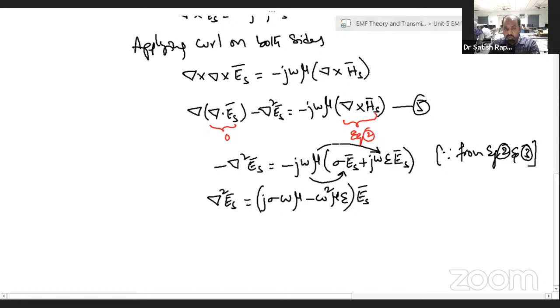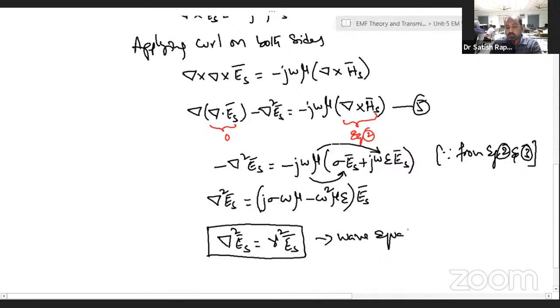So j sigma omega mu, and j into j is j square, and j square is equal to minus 1. So therefore here minus omega square mu epsilon, right? So this we will get, and del square Es is equal to gamma square Es. So this is the wave equation,